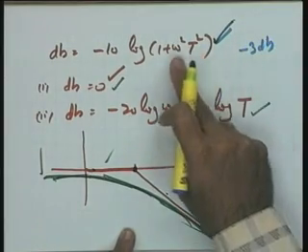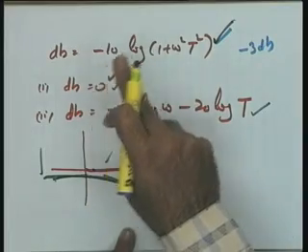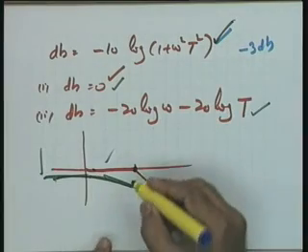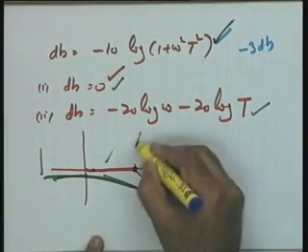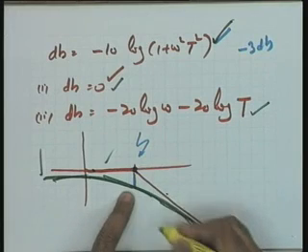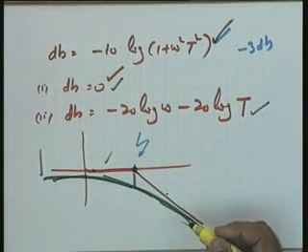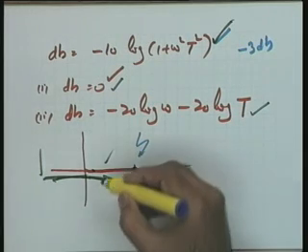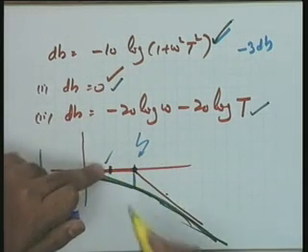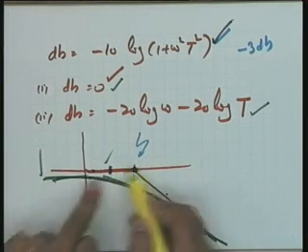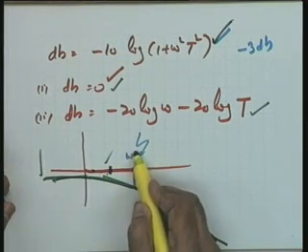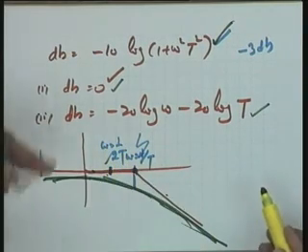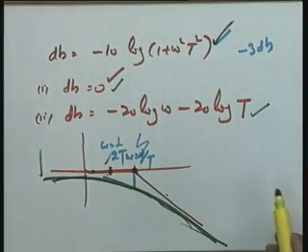You can do this calculation please. At omega is equal to 1 over t, it is going to be minus 10 log 2, and minus 10 log 2 is minus 3. So, it means at this particular corner frequency, as I have named it, the actual value is 3 dB down. What normally is done is that a couple more points are taken, and the normal practice is that one point is taken at a frequency which is half of this frequency. So, if this is omega is equal to 1 over t, I take omega is equal to 1 over 2t here. It is a normal practice. You can take it more than that, you can take it less than that.